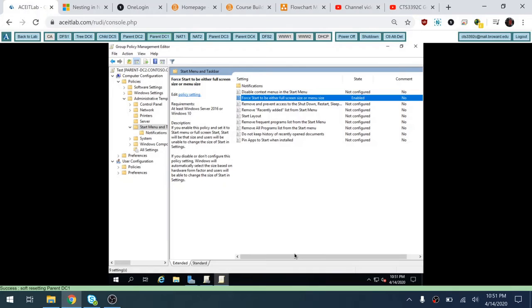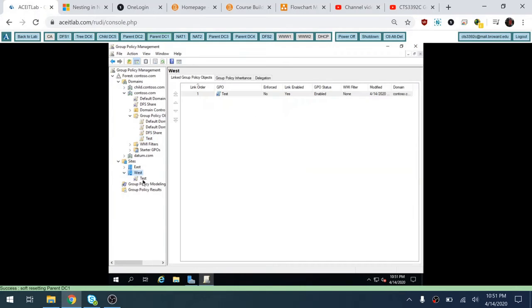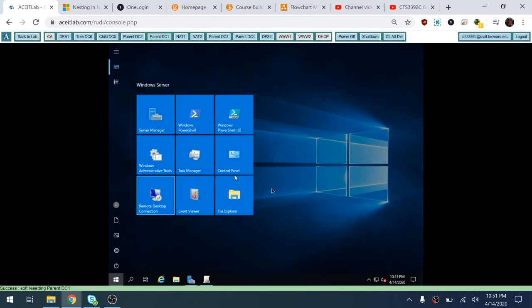So instead of linking it to a domain, what I did was I linked it to the West site. So any computer in the West site, whether they be part of the Adatum, Child, or Contoso, would get this policy. And so I applied the policy, reboot this machine, and now when you look at my start menu, it